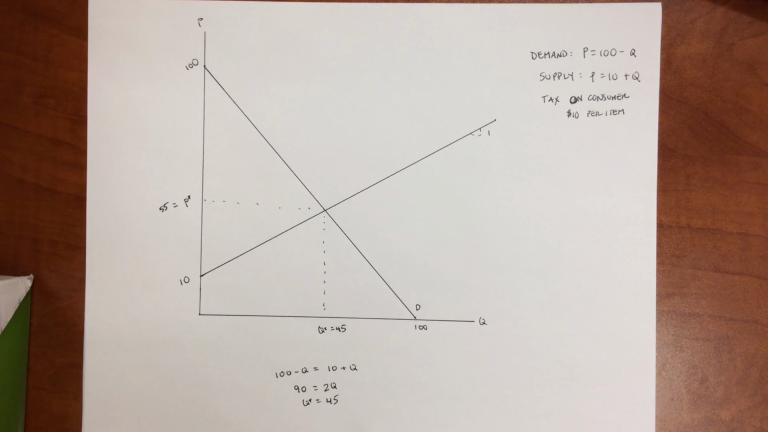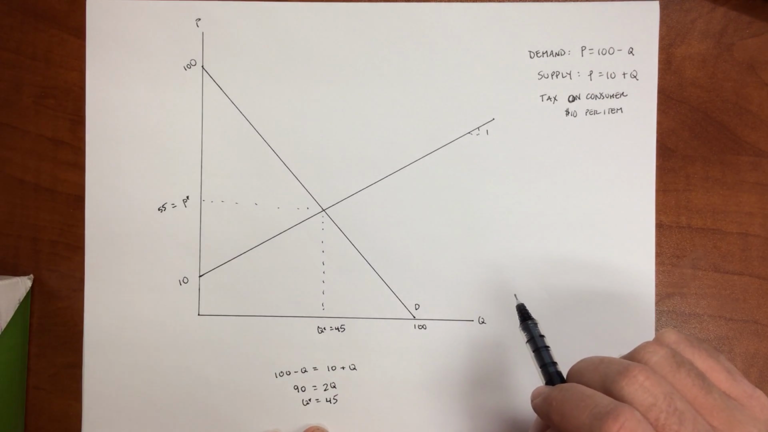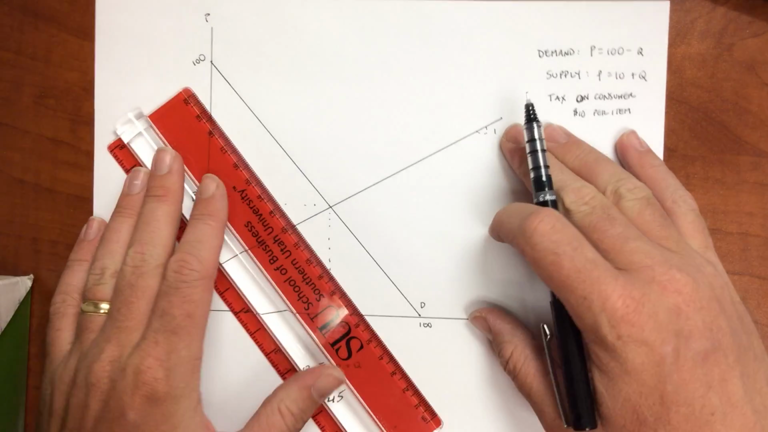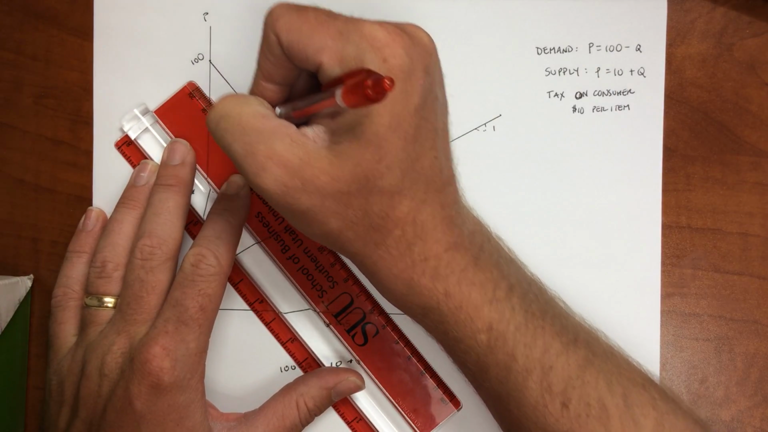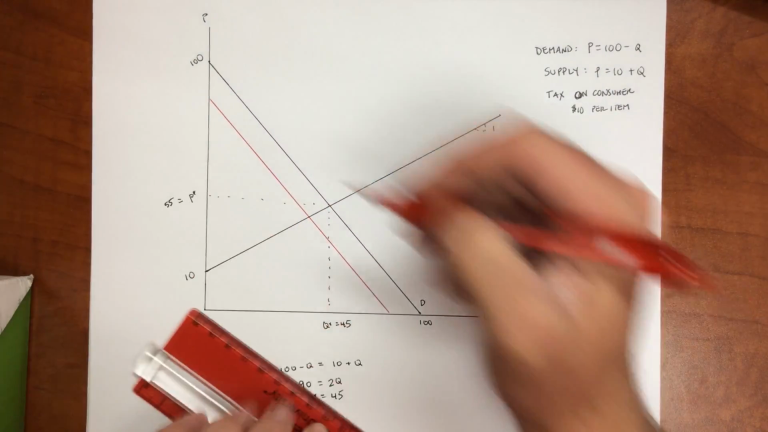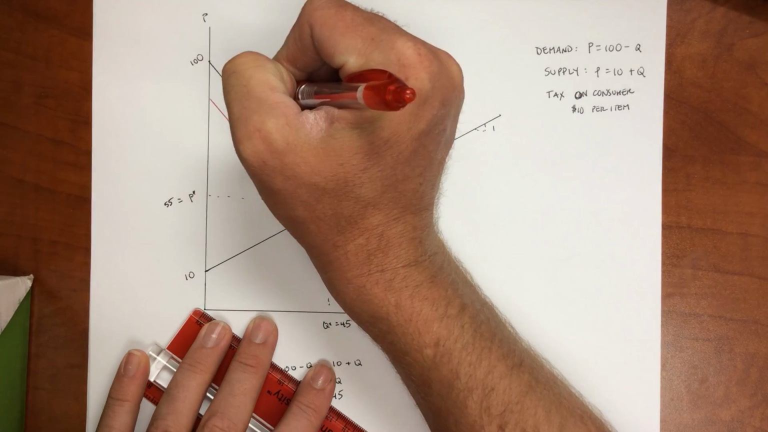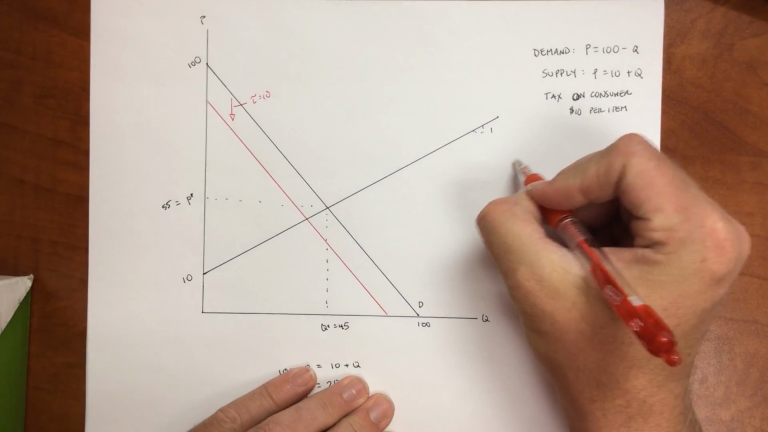That's a competitive market. Now what we notice is there's a tax on consumers, and it's $10 per item. So if we're going to tax the consumer, that's going to shift the demand curve down, and it will shift it down by the size of the tax. So this downward shift is that the tax is 10. And so what this does is with the tax,